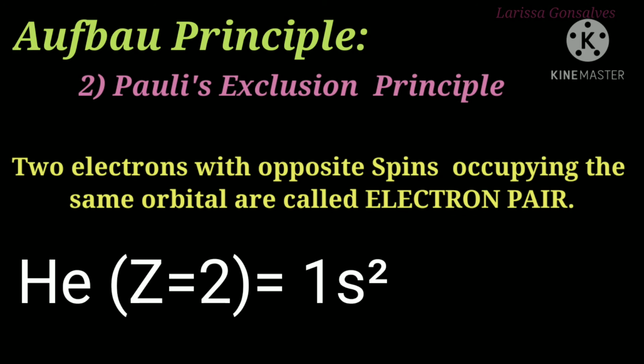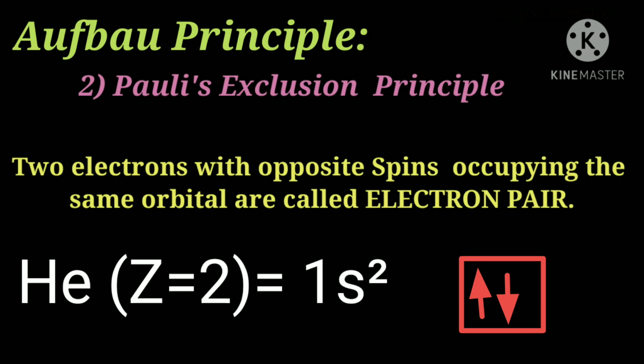We have already studied the increasing order of orbital energy. According to this, the first shell is 1s. So we write 1s, and s has the capacity to take in 2 electrons. Since the atomic number of helium is 2, it is going to have 2 electrons, so the electronic configuration is written as 1s2. If you want to draw it, s has only one block, and we represent the 2 electrons in opposite spin, one pointing upwards and the other pointing downward.